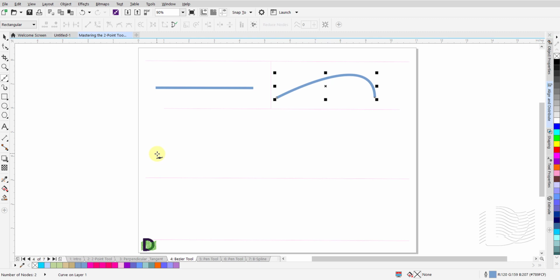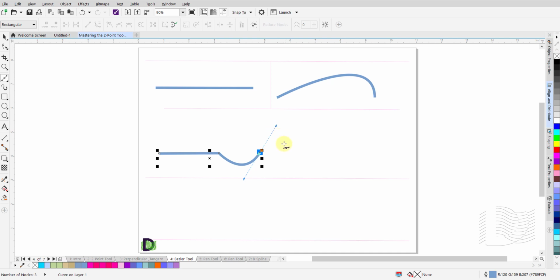To add a curved line segment to a straight line segment, start the straight line segment by a click and release of the left mouse button at the start point. Move the cursor to the desired end point and click and release the left mouse button. Now, to add a curved line segment here, move the cursor to where you would like to end the curved line segment. Left-click and hold the mouse button and move the control handles around to form the curved line you want to draw. Release the mouse button to complete the curved line.